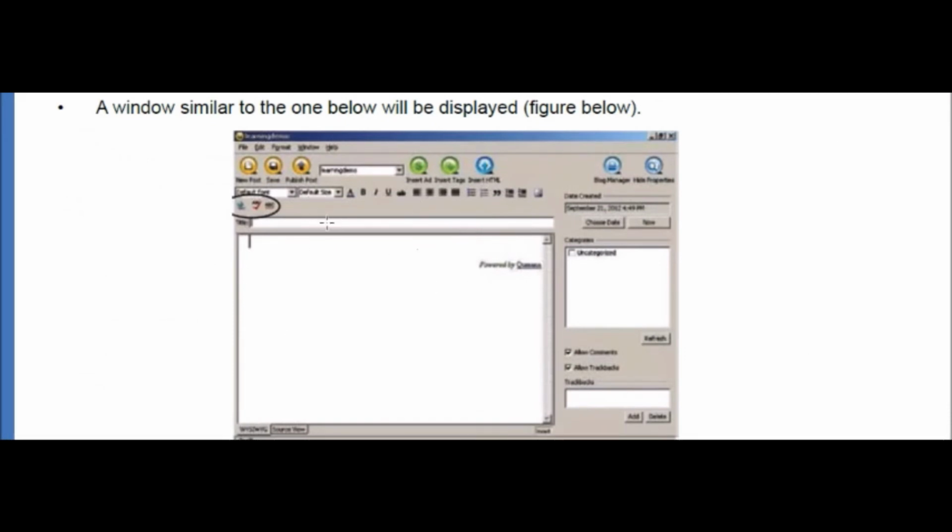Here you can write the title, whatever title of the blog you want, as we have discussed earlier, like a review of any mobile or any camera, or you want to discuss something about the annual function of the school or anything. Write the title and whatever content you have to write, and then go ahead and click on publish post. Once you have clicked it, it will not be available online until the internet connection is available. Though you have clicked publish, whenever the internet connection becomes available, only then will you be able to see the content online.